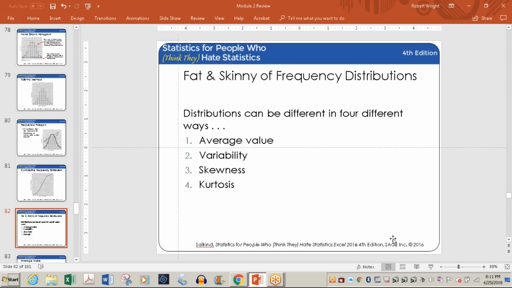Okay, now there are a couple of different ways of depicting data. Some of the things you'll see when we have these distributions are what are called average value, variability, skewness, and kurtosis. Again, these are more tools for you to understand what's going on rather than things you'd report, like "the kurtosis of this was blah, blah, blah." You might, depending on your study and who you're writing for. Anybody want to make a stab at any of these?